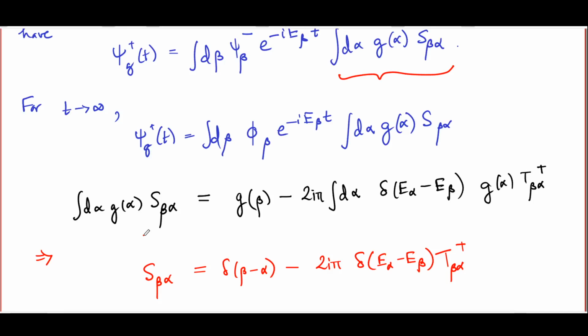Apart from this factor of twice i pi and this energy conserving delta function, T beta alpha plus essentially is the interaction part of the S matrix. Delta(beta minus alpha), of course, is what would have been there without an interaction. This is the additional piece which the interaction brings in. This particular result for the S matrix element written in terms of the Lippmann-Schwinger matrix element is of great importance for practical reasons,